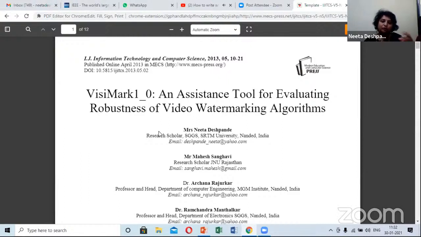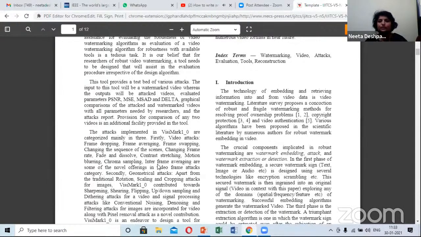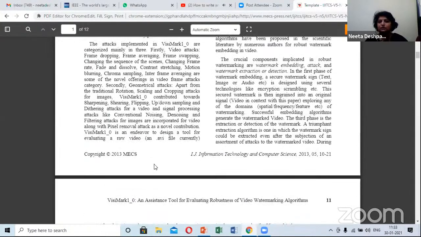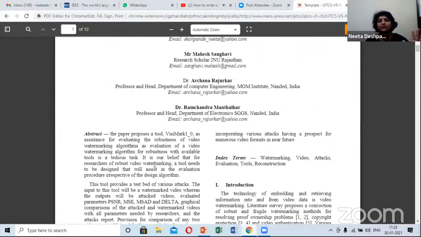The input to the tool will be a video. We give a video to our tool, our software, and after that the output the tool gives us is all the attacked videos. These attacked videos are needed for all the testing. Now what attacks can we apply on the video? All signal processing attacks, like geometric attacks, or noise attacks, or some enhancement attack. You know, you are shrinking the videos. Such attacks are available. So roughly around 27 attacks we took and we presented the output.